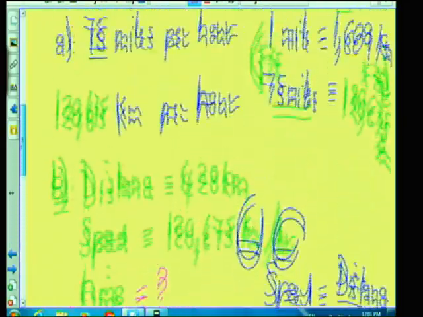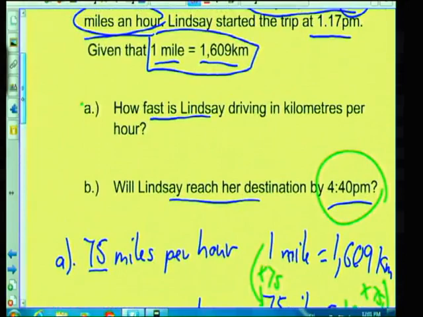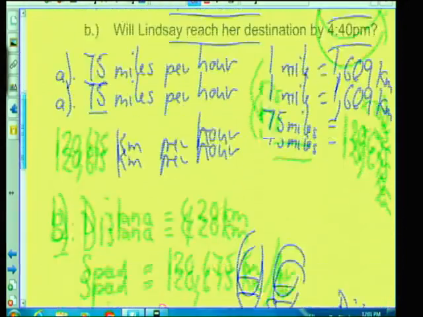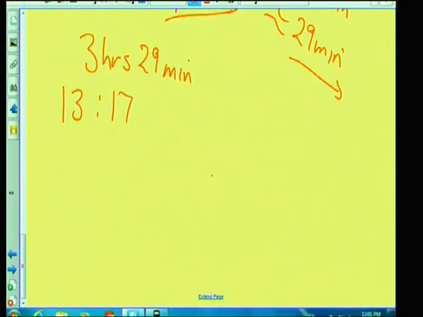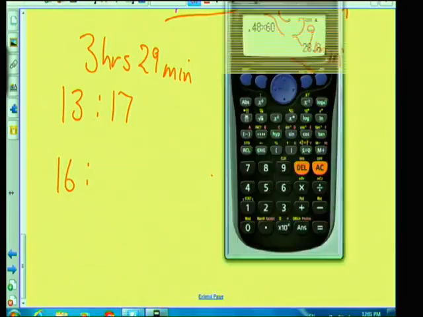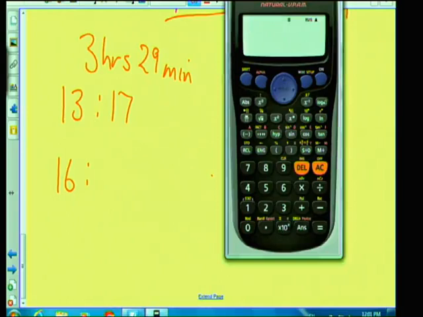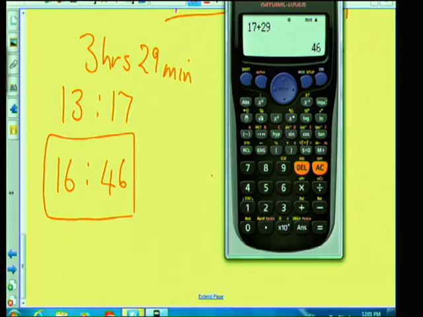Because this is what we had to work out. She left at 1:17. So she left at 13:17. We're going to add 3 hours to that. 13 plus 3 gives us 16. Now, 17 plus 29 equals 46. So she's only going to get there at